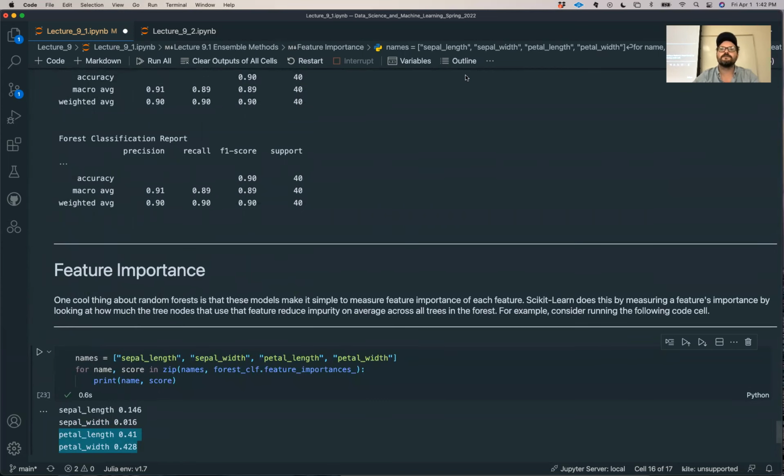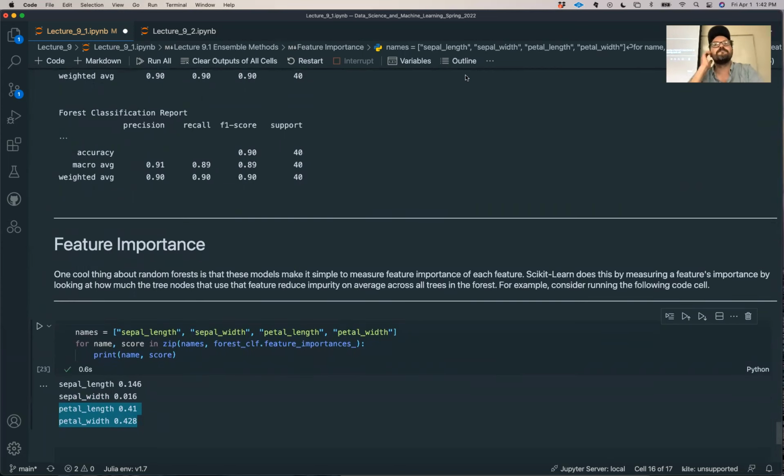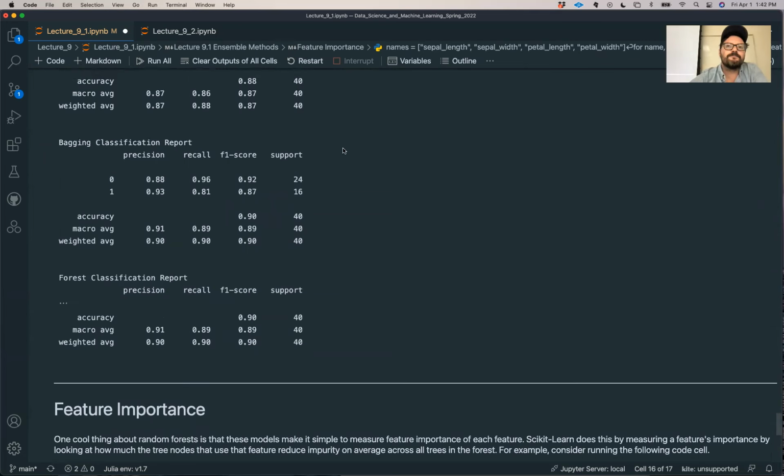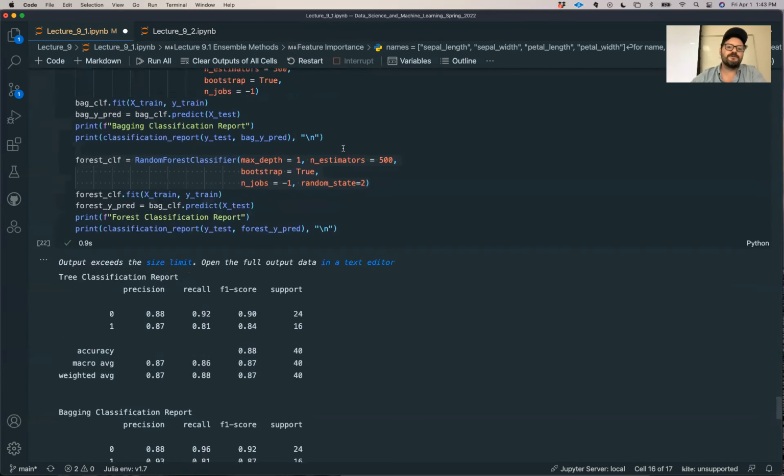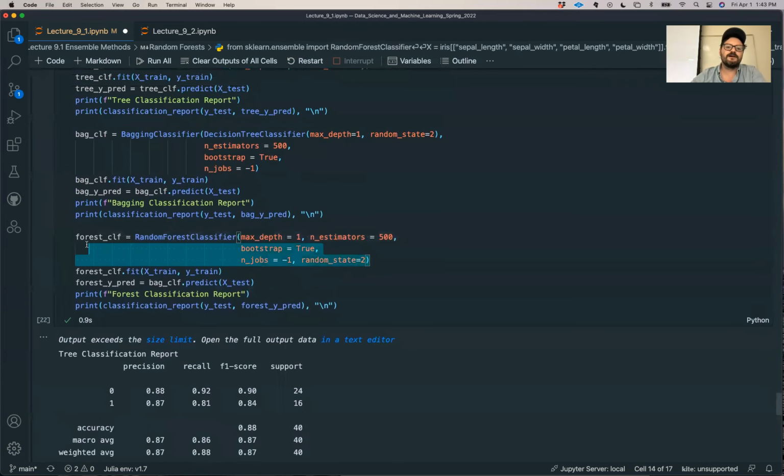Okay, question. Well, it just depends on the problem. So the question was, if I'm saying that random forest is the best, why would I use another method? Well, to be honest, for a lot of problems, the best thing to do is a random forest. However, there are issues that can occur, right? For example, I don't know if you noticed, but I